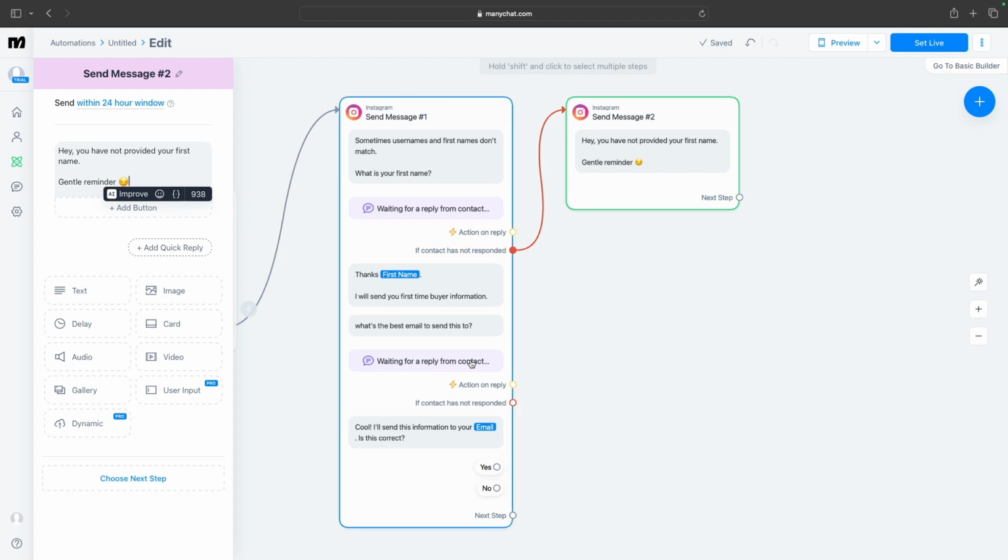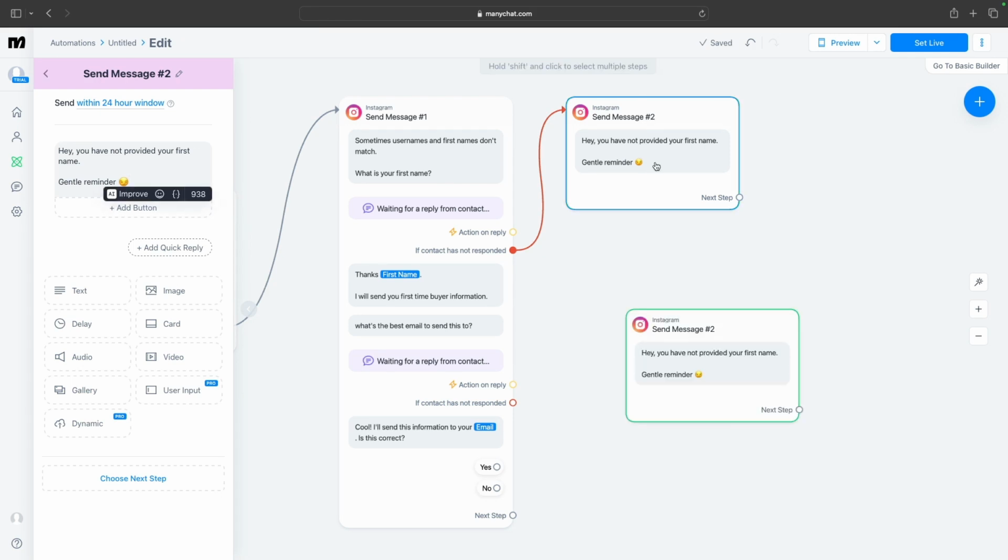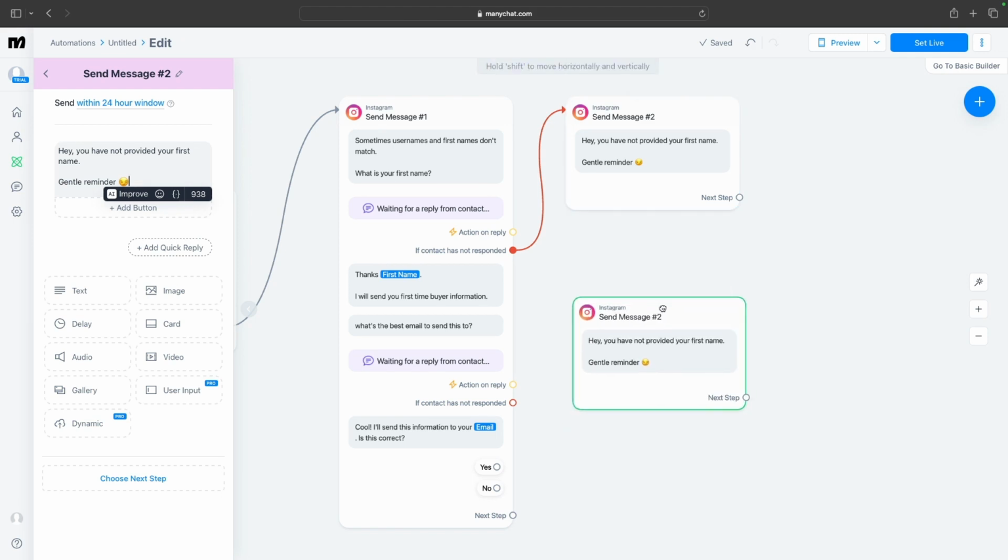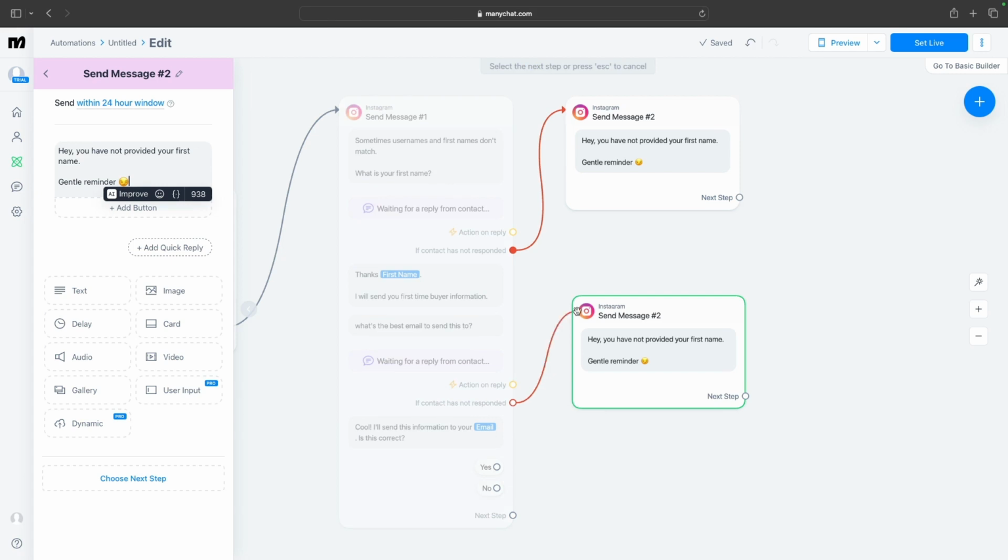So here you're waiting for the reply from the contact. If the contact has not responded, we want to do the same thing again. So with these two things here, we would just make a duplicate. But the difference here is the contact is not responding after they've given their first name. So we can utilize the information that we already have and say,